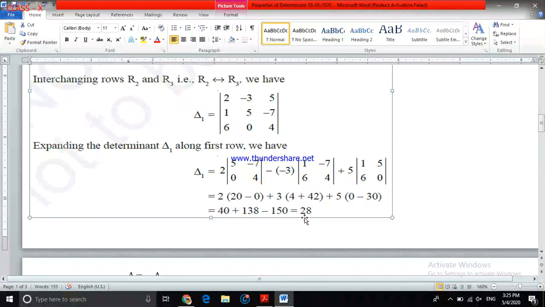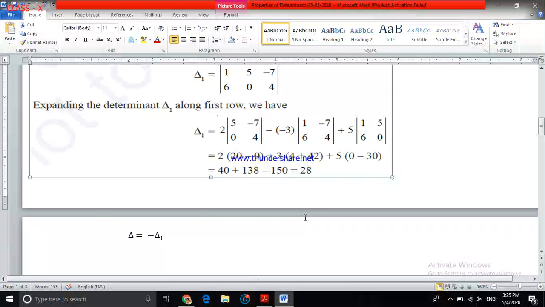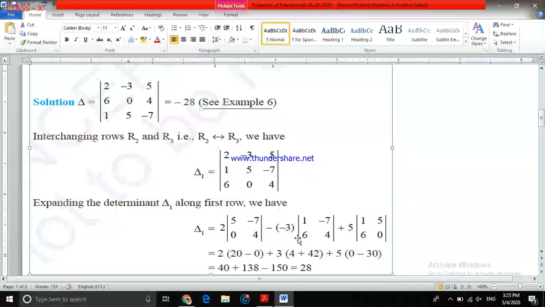So the sign is changing from the original matrix after swapping two rows or two columns. Now if we do it twice on the same matrix, that is R1 swapping with R2, then R2 swapping with R3, the first swap gives one negative sign and the second swap gives another negative sign. So minus of minus will be a positive. Understood? So as many times as you interchange the rows or columns, that many times the sign has to change. So by one change, minus 28 becomes plus 28.